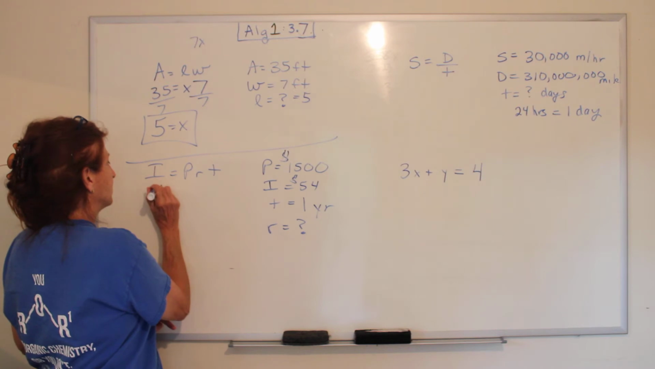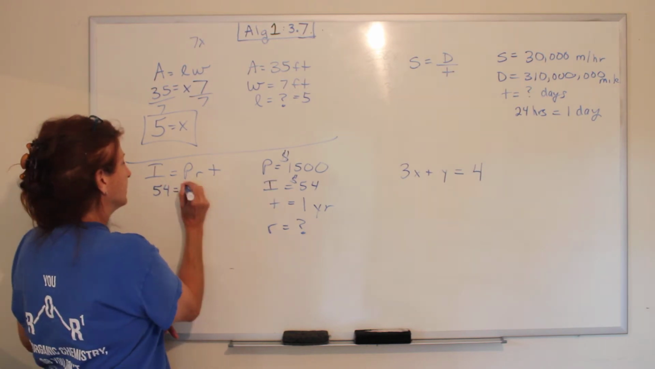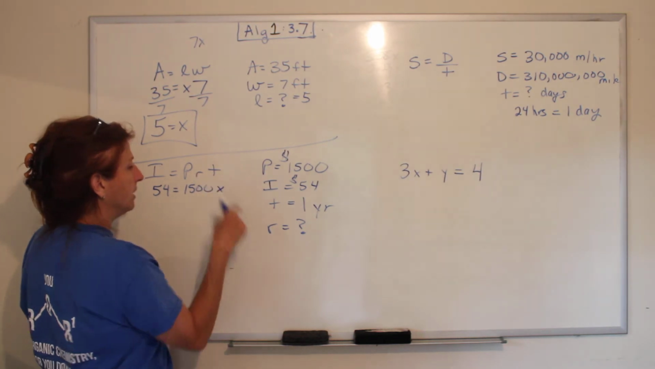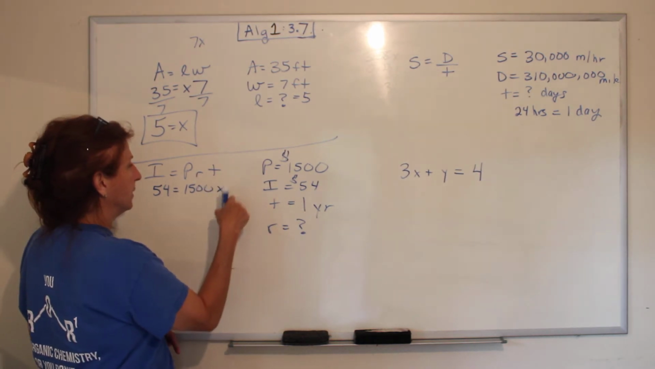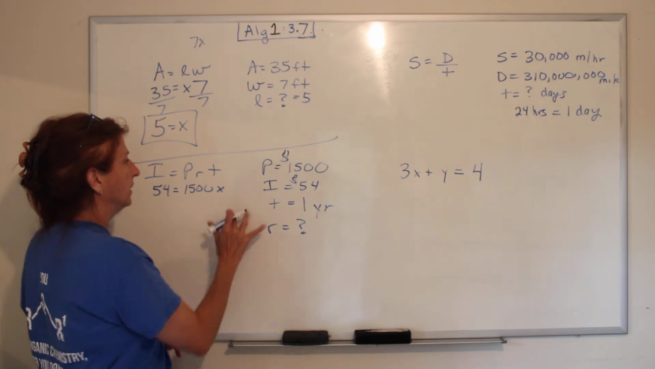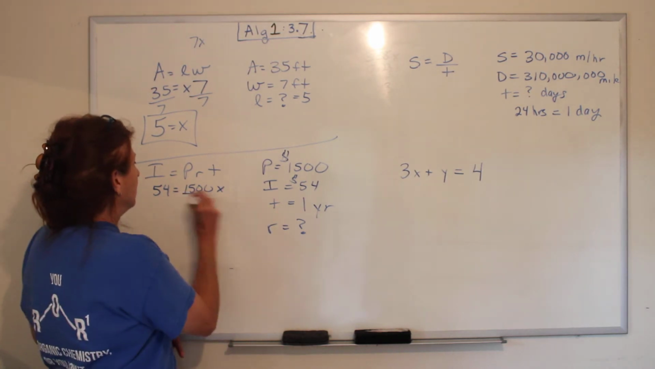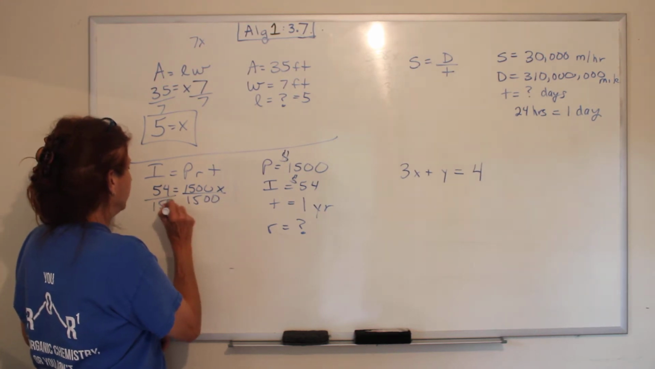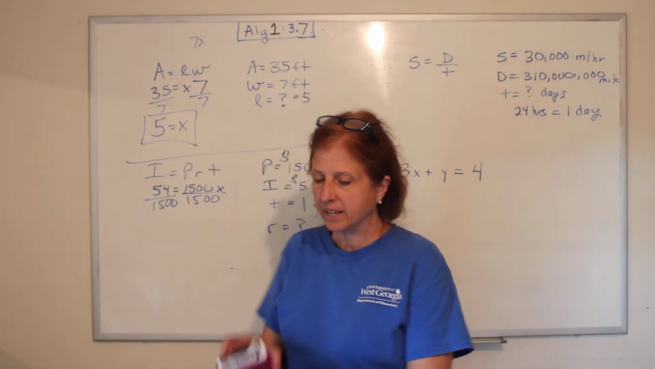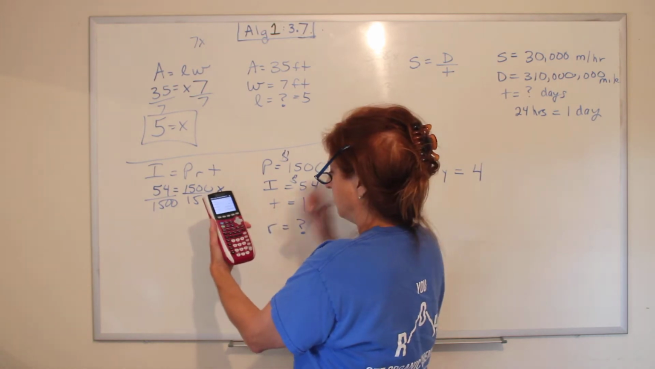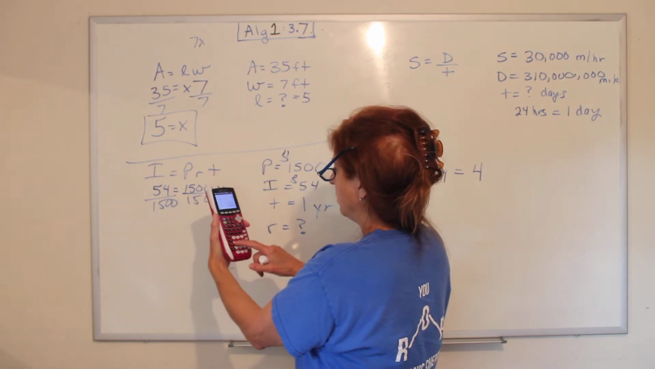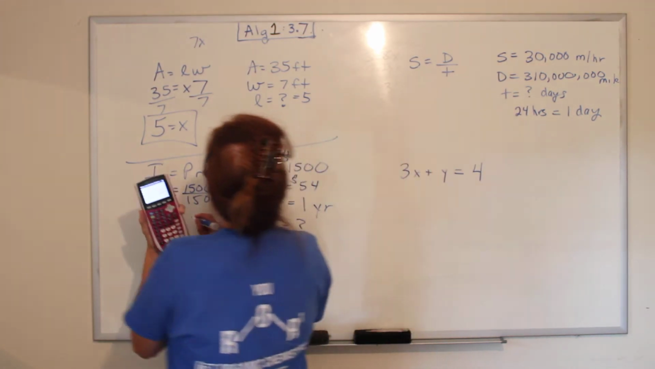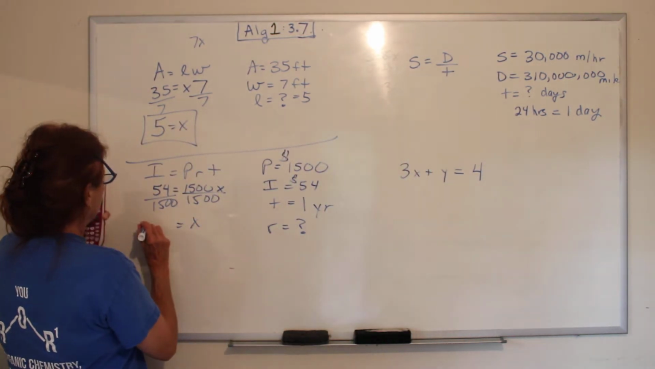So the interest is 54. The principal is 1,500. The rate is what we don't know. And the time is 1 year. But anything times 1 is itself, so I'm just getting rid of that. So we're going to divide both sides by 1,500. Now, this will be a calculator problem. So do 54 divided by 1,500 equals X equals